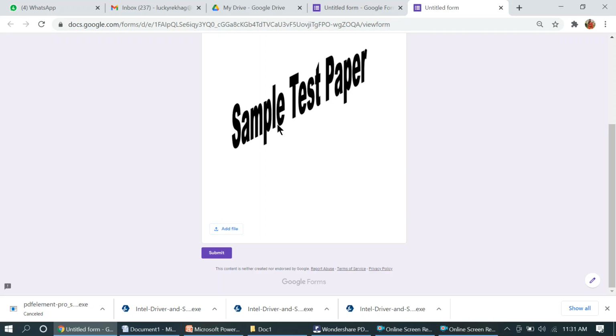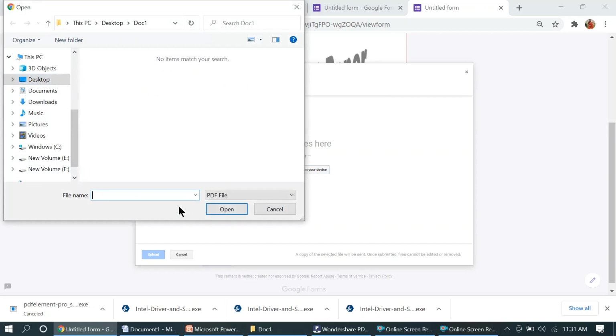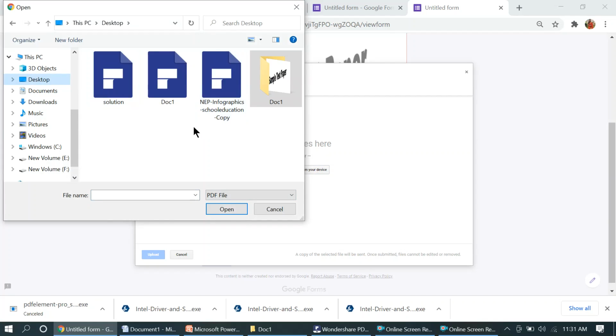the paper, at the bottom of your question paper is the add file option that you have provided, right? This window will be visible to your students. I'm just showing it to you, right? And from here the student can click on the add file option, and from here the student can select this option, and wherever your PDF file is stored, your PDF options are available. The file they can upload.